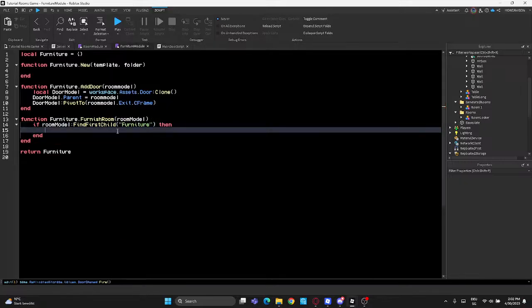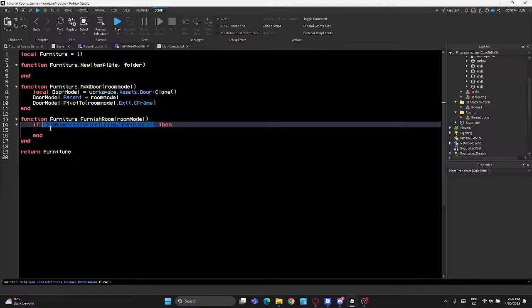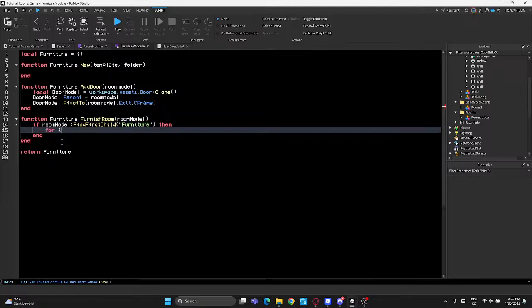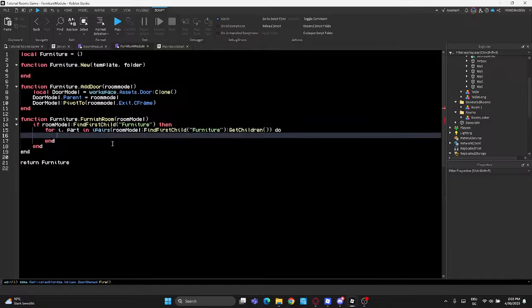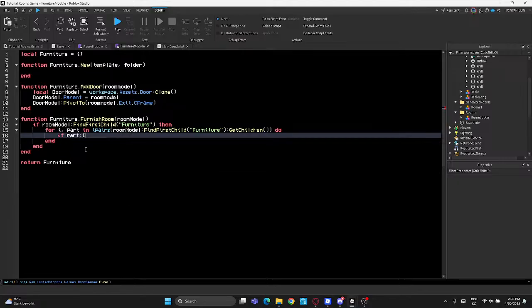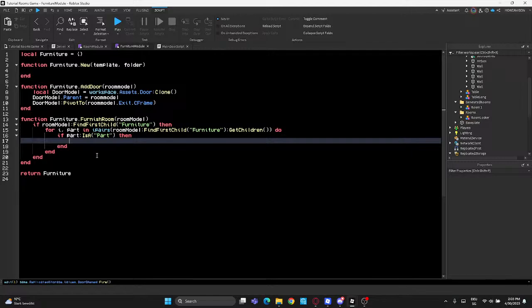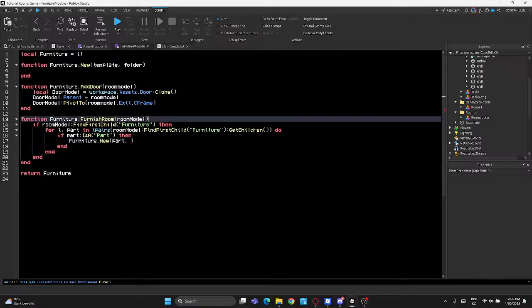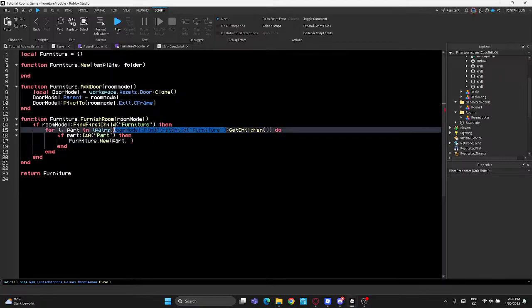then we will get all the children in that furniture folder. Look at the children, and you want to make sure it is a part, because if it's a model, then we're not going to be able to get anything out of it. Now furniture dot new, you want to put in the part, and you want to get also the model,